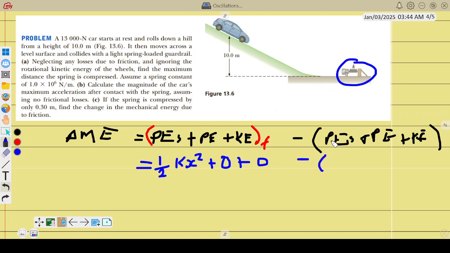what do we have? So these are now the initials, where we are coming from, the initial values. So we didn't have elastic potential energy, 0, plus gravitational potential energy, PE, we had here, because gravity is playing a role and there's a height. Kinetic energy,